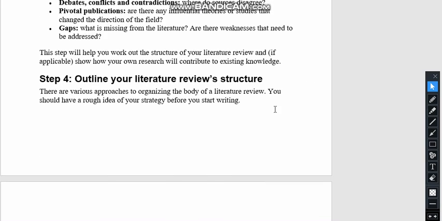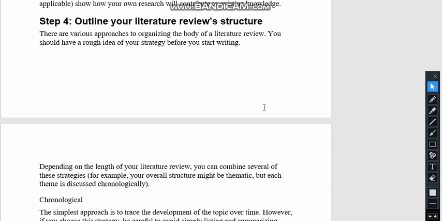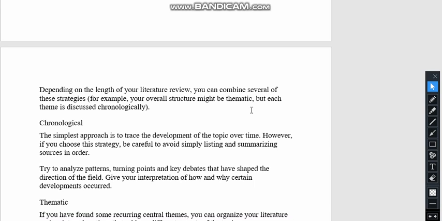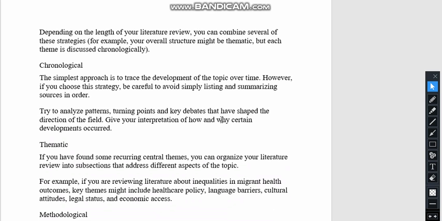Then we have to outline the literature review structure. There are various approaches to organize the body of the literature review, and I'm just giving you a rough idea. Depending upon the length of the literature review, you can combine several strategies. We need to follow the chronological order. The simplest approach is to trace the development of the topic over time, and we need to include the work which has been done in the